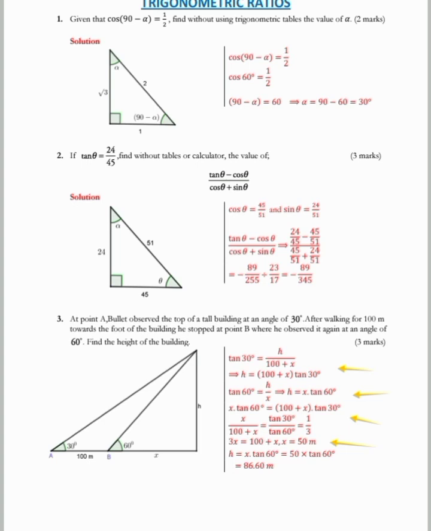But we are interested in finding the height of the building, or h, so we can use the first part here, whereby we said that h is equivalent to x tan 60. The value of x is 50, so we say 50 times tan 60, which gives us that the height of the building is equivalent to